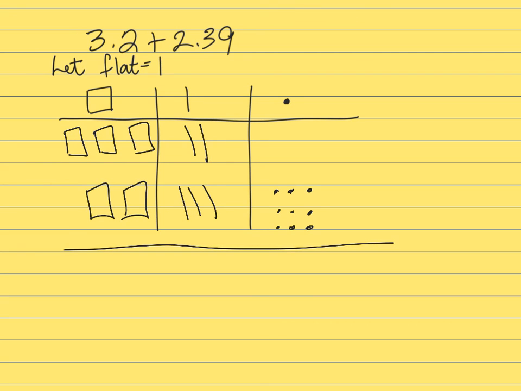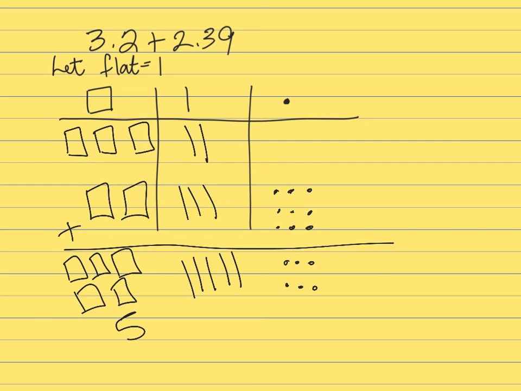So if we add them all together, we have our 9 units still, and we have 2 longs plus 3 longs is 5 longs, and then we have a total of 5 flats as well. So this is 5 units, 1, 2, 3, 4, 5 tenths, and 9/100ths. And you can also see if you end up having to make an exchange, right? If you have 10 of the little units, you make an exchange for a long, and so on and so forth. So all the same strategies we had from before still apply.